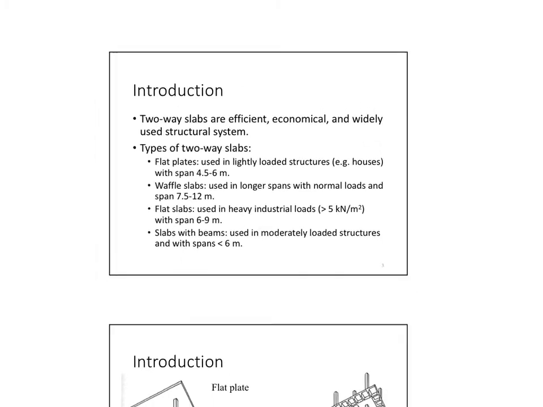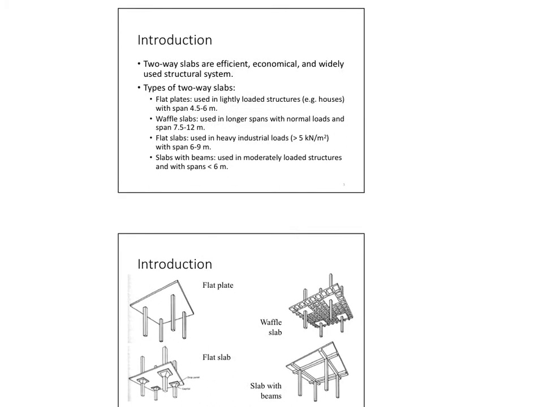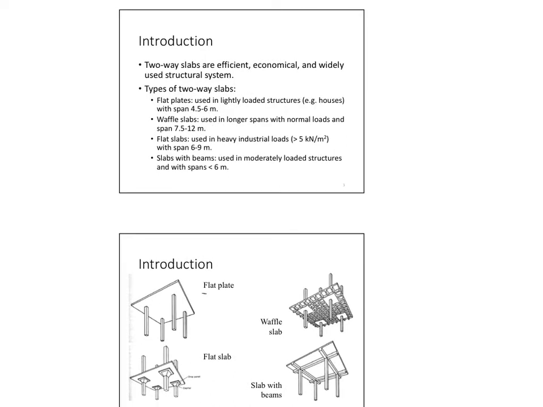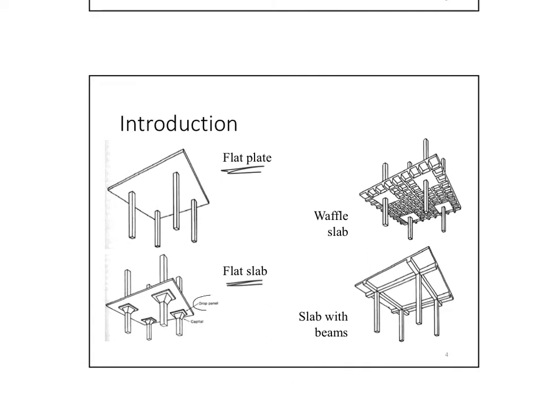A quick introduction about the types of two-way slabs. Within those types, we have something called the flat slab, where the load will be transferred directly from the slab to the columns, but still in the two directions. Those flat slabs could have really heavy loadings that require something called drop panels or column heads or capitals. Those provide higher resistance to punching shear